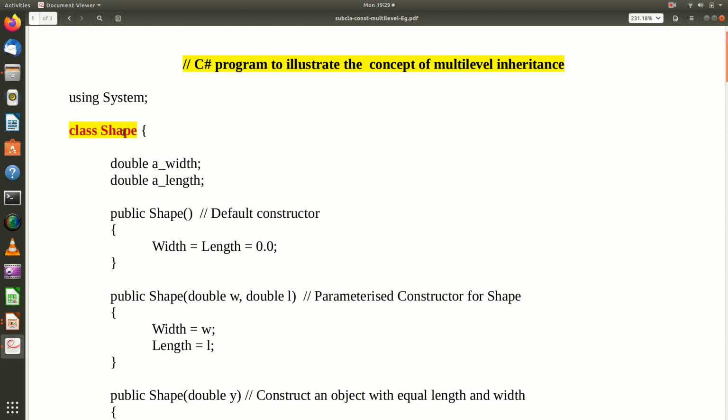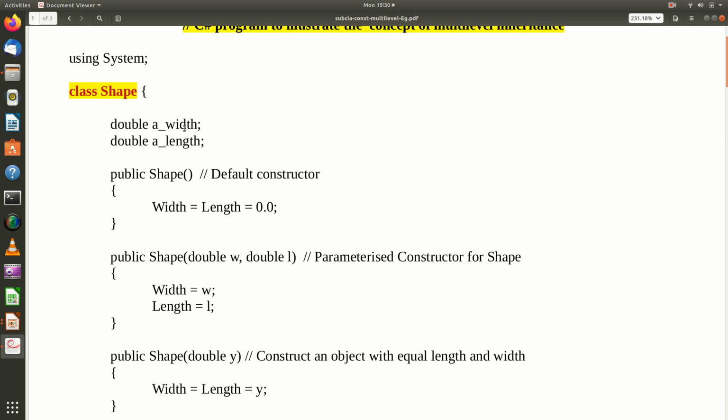The class is defined as shape, which is a base class, and it has width and length data fields. I have a constructor, public shape, which is a default constructor with no arguments, and I am assigning 0 to width and length.